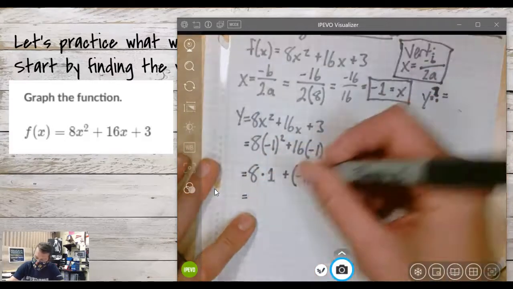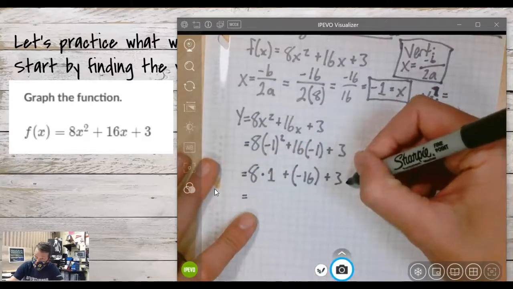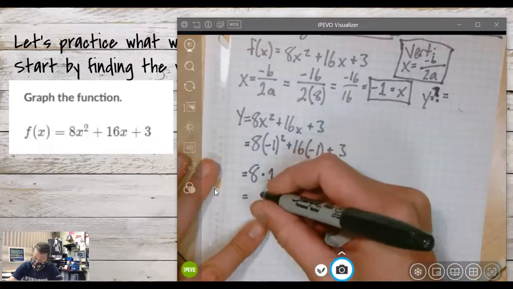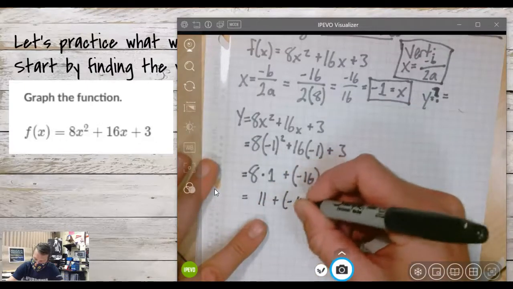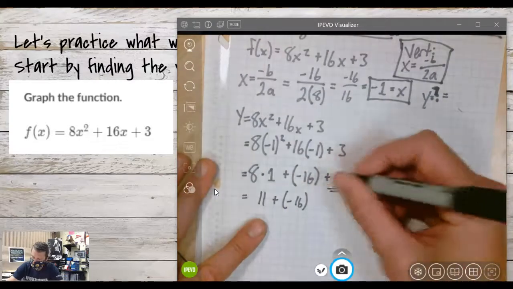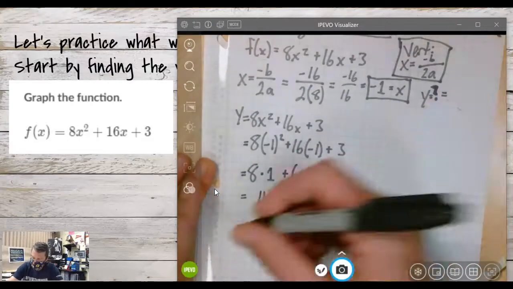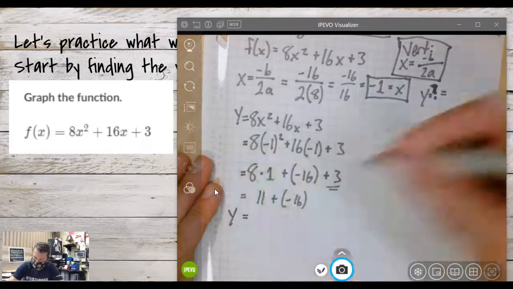And that's 8 plus 3. So our positives together are 11 plus a negative 16, because I brought my 3 over and put it with my 8. So the negatives are going to win here, and y is going to equal,